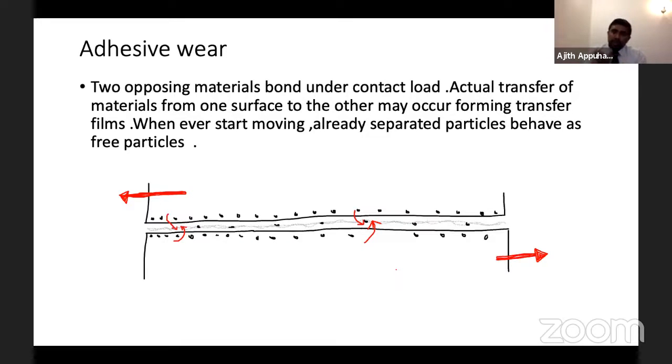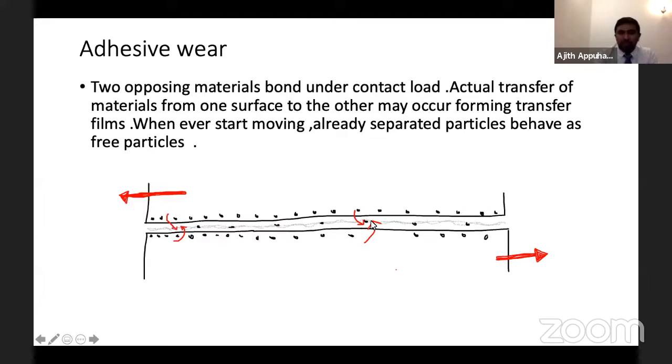So that is the way. Initially it's intimate contact, then it separates from the articular surface, and then acts as free particles, and they become adhesive wear. This is the articular surface I have drawn. This is a tiny bit of grayish color I formed, that transforms into free particles here once it's separated from